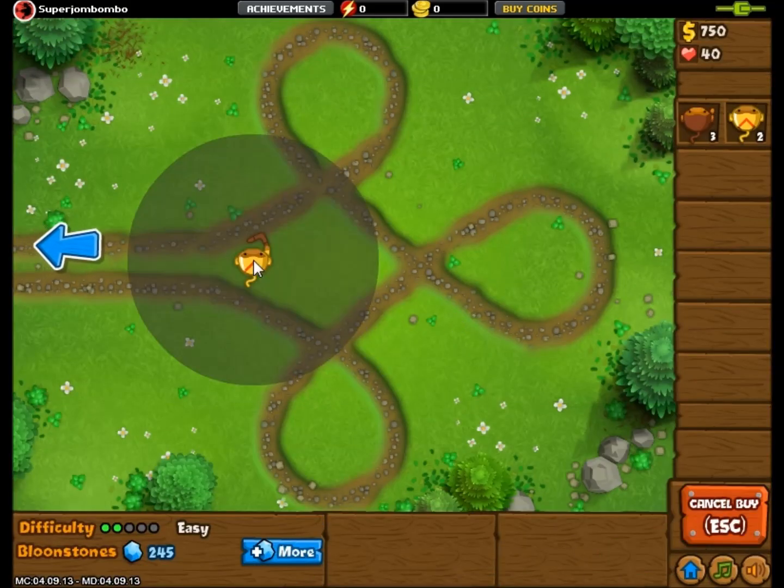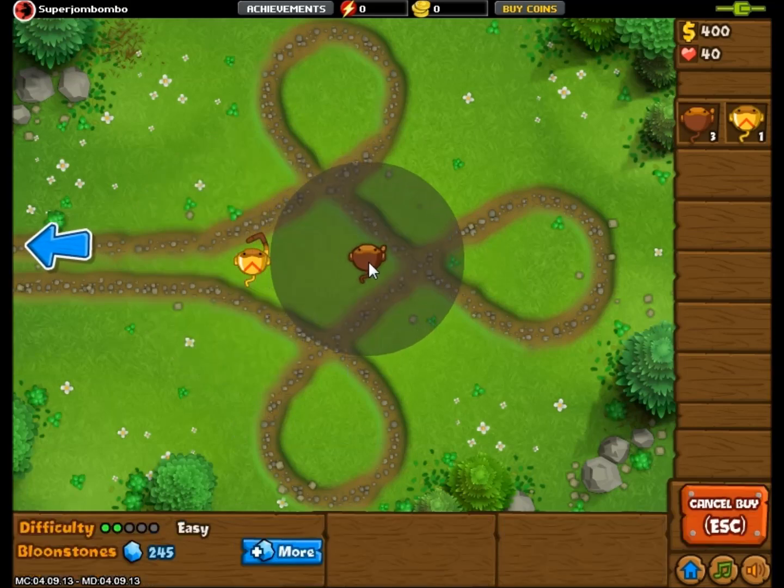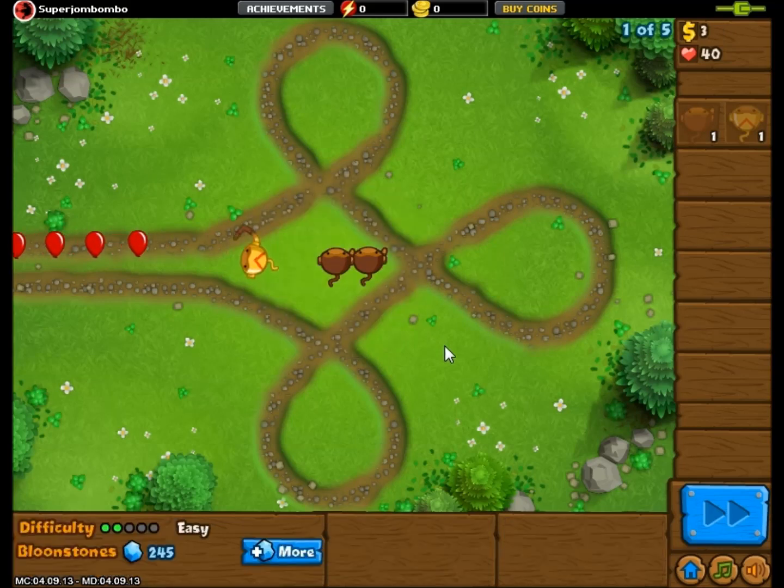So here we go. We are already on this level right here. We're going to get a boomerang to start, and then we're going to go with a dart monkey. Okay, 1 dart monkey there. In fact, let's go with 2 dart monkeys. Go with those bad boys right there. There's again 5 waves. Like I said, green ones are always 5 waves, and it's usually pretty easy to pop